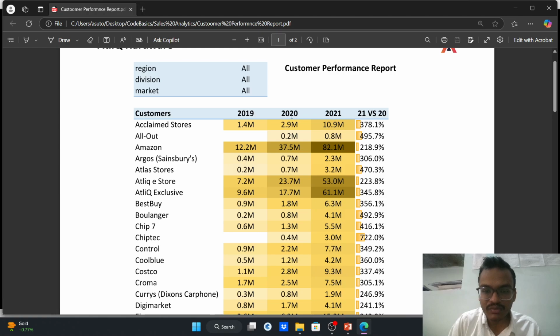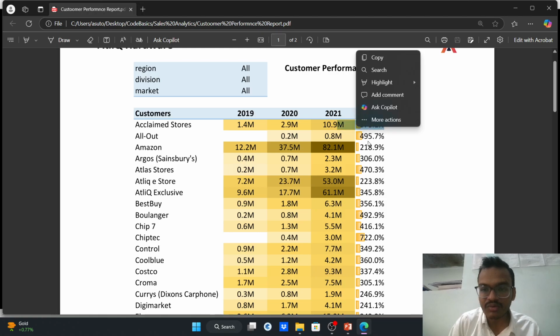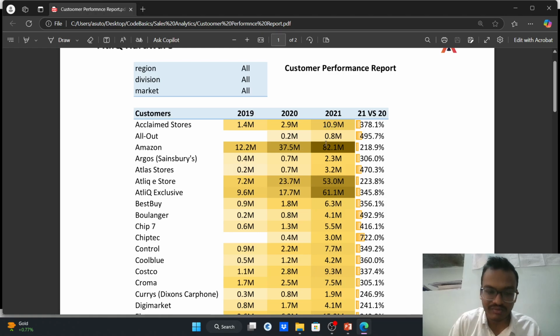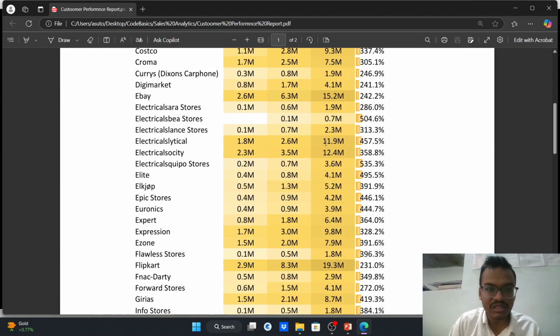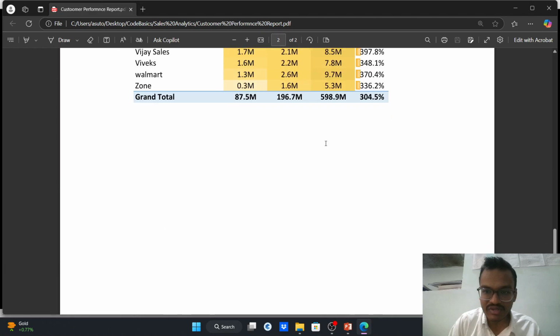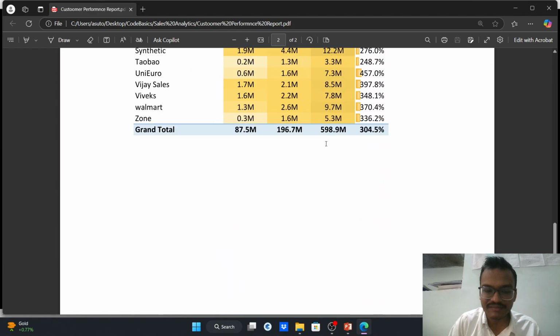In 2022, it has done a sale of 2.9 million, and in 2021, it has done a sale of 10.9 million. There is a significant increase in the sales number from 2020 to 2021. So this is showing the percentage of sales increase from 2020 to 2021. So this we have done for all the customers. Okay. So here you can see this is the